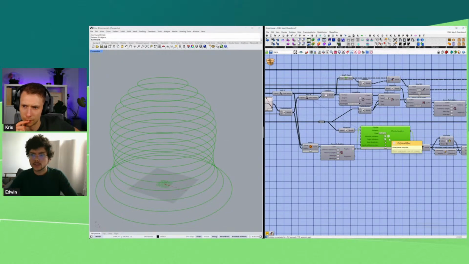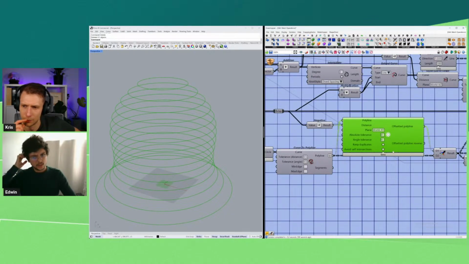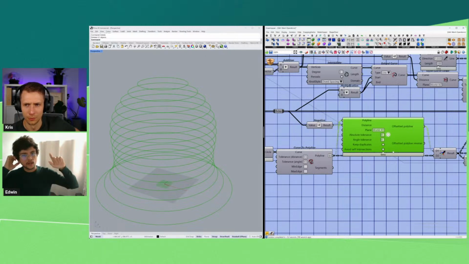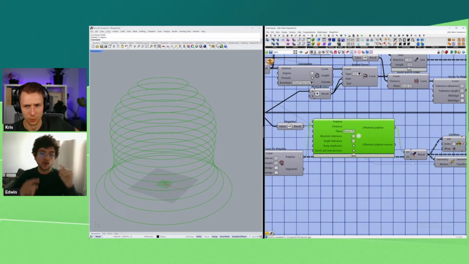This component is actually, maybe we can add that to the people that sign up, because I think that's not publicly available yet. It's a component that our CTO, Alex, at Shapediver created because this component offsets polylines while keeping duplicate points. The problem with all of the other components that you have available in other plugins is that if you offset and all of a sudden two points of a polyline collide, then it just gets rid of one of the points, which is not ideal when you are creating meshes because